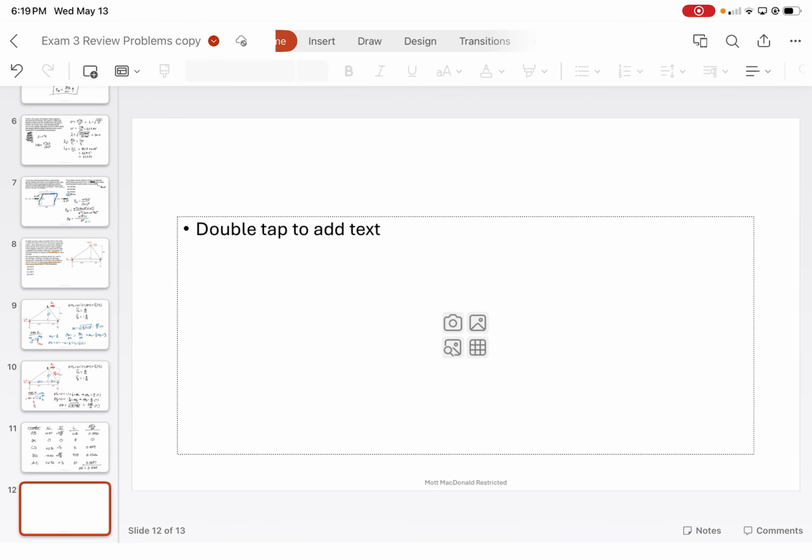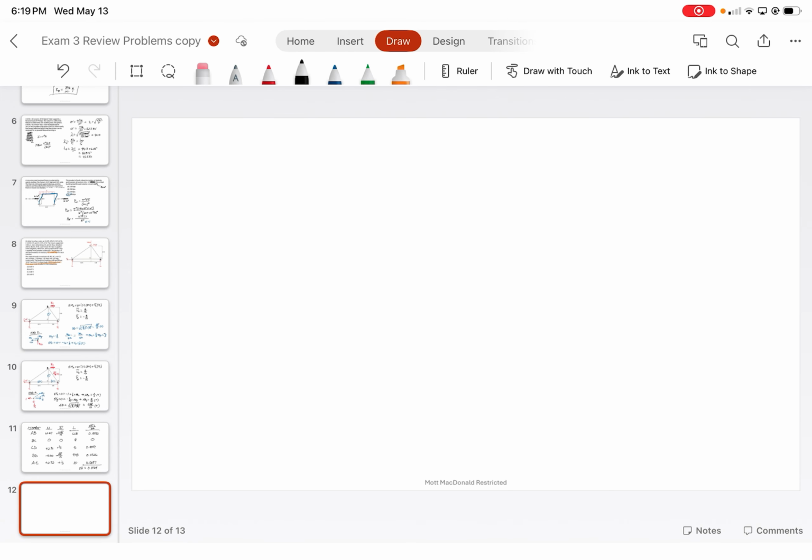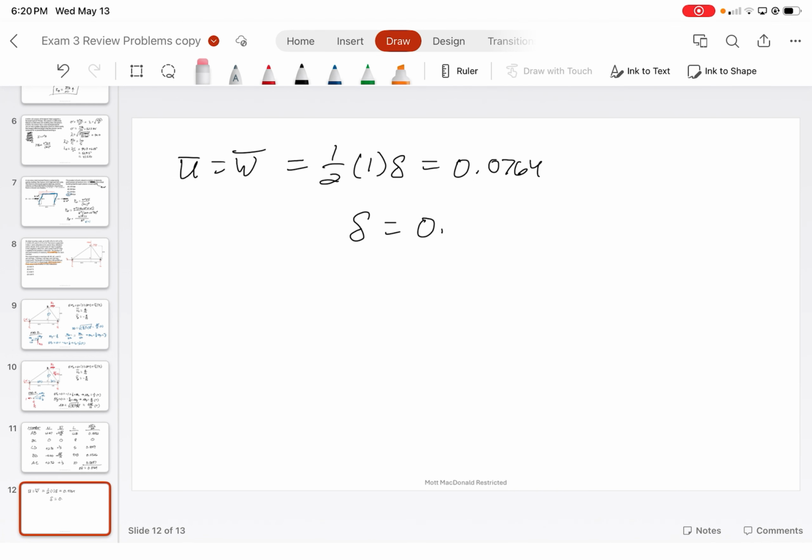Last step, what we do is we set U bar equal to W bar, which is just going to equal 1/2 P bar, which is 1, times delta, which is the deflection. And that was equal to 0.0764, which means that our deflection is just 2 times that. So it's 0.0764 times 2, 0.1528